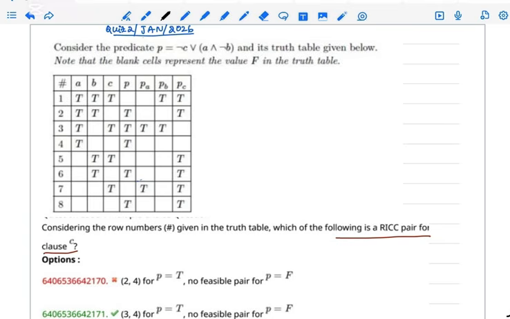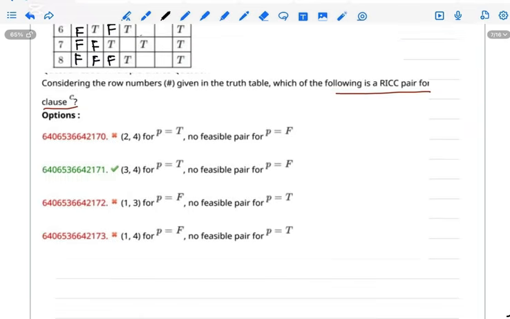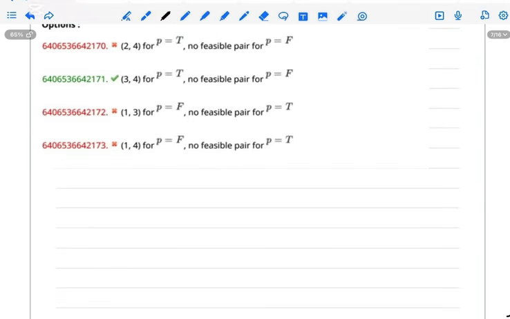They are asking to find the RICC pair for class C. So here in this question, class C is the major class, and the minor classes are the others. In the truth table, they mention all the empty cells are false. For the RICC pair,